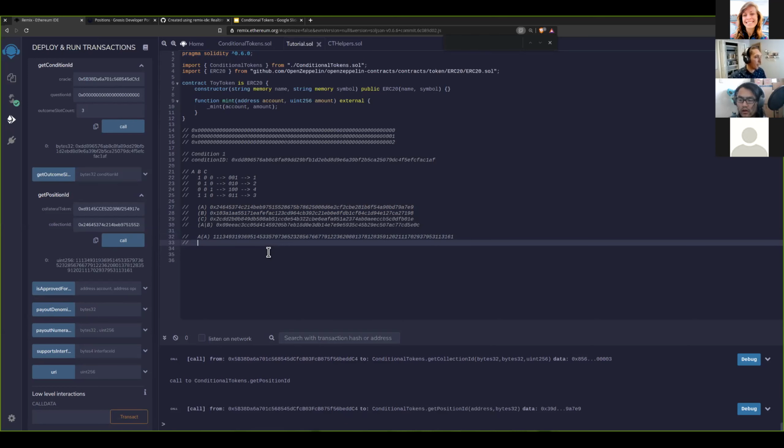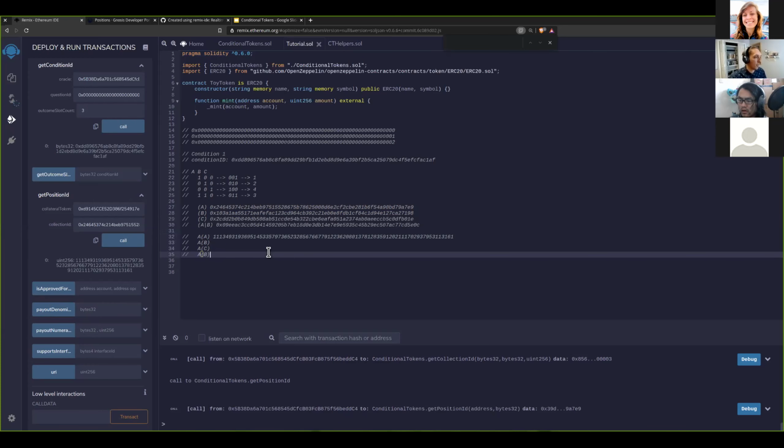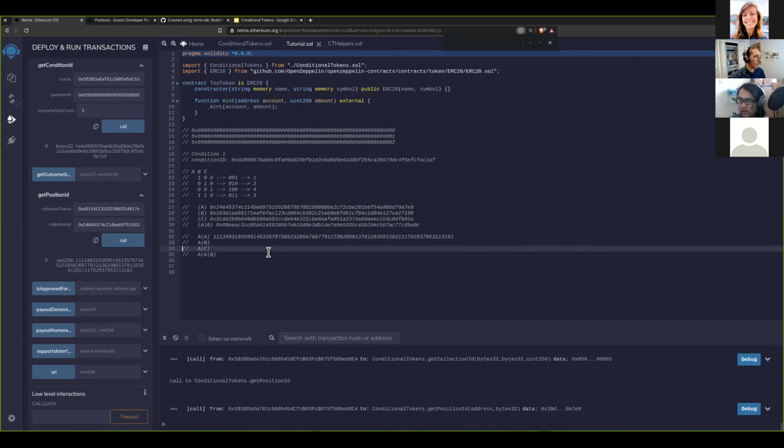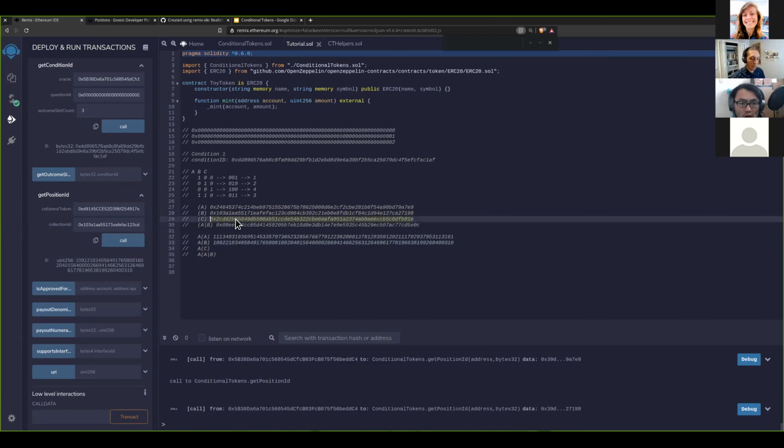So I'll say A, so this is saying token A, condition A, and drop in our ID. And then we'll do the same thing, A for B, and we'll do A for C, and A for A or B. Quickly just drop in each of these,